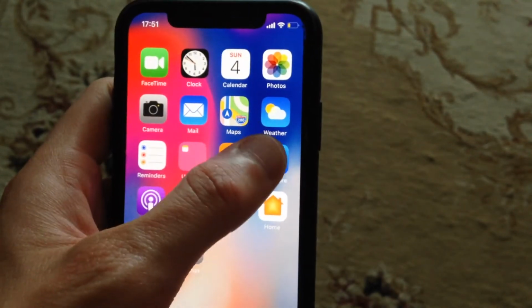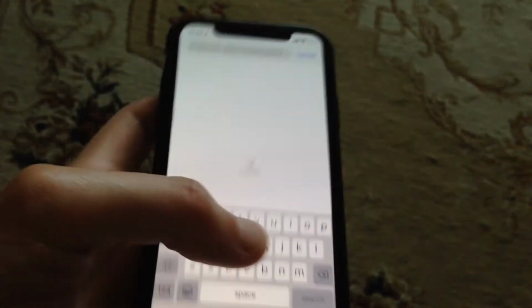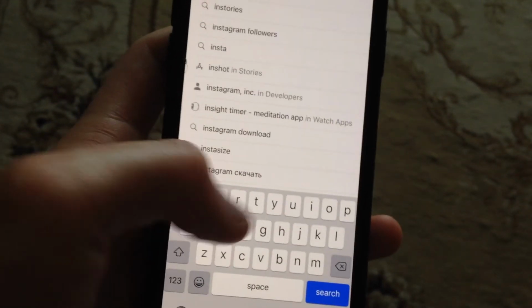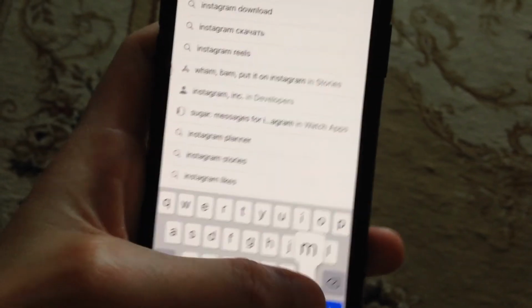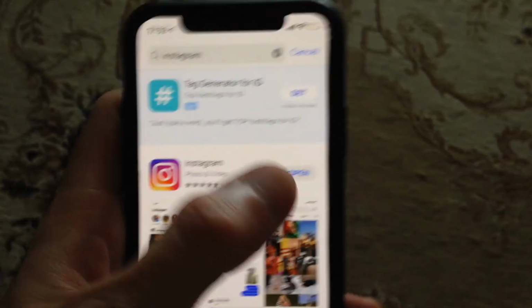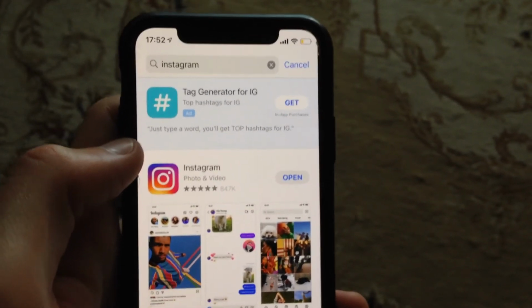Also you can try to update your Instagram, so just go to the App Store, go to the Search tab, and in the Search tab write Instagram here. And if you see here Update, not Open but Update, just tap on Update. It means that you have available updates for